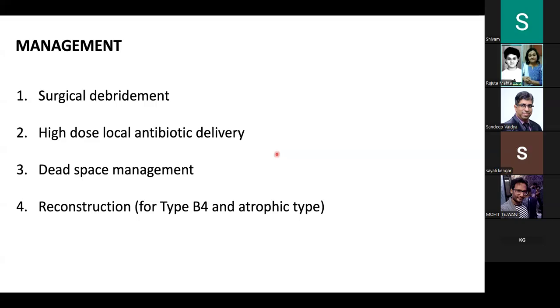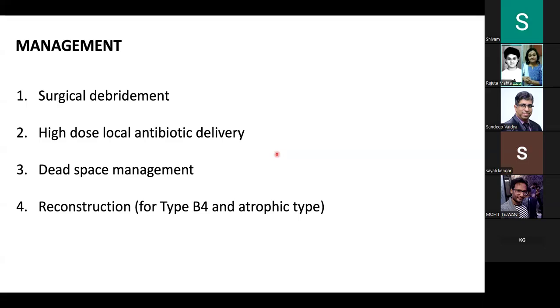Now coming to the main part of this talk. So management, basically we are going to focus on surgical management, and in surgery there are four parts here. Okay, it is not just simply you go do an I&D, drill holes and come out. There are four parts to successful surgical management of chronic osteomyelitis, of which the first and probably most important is surgical debridement. But along with that, equally important is high dose local antibiotic delivery, then dead space management, and finally